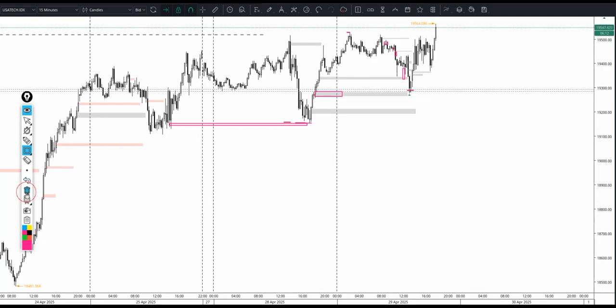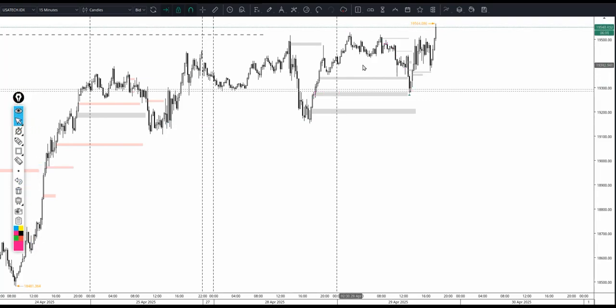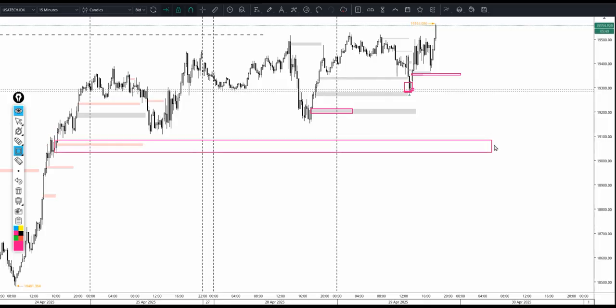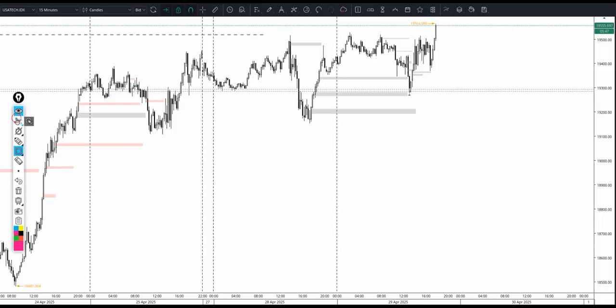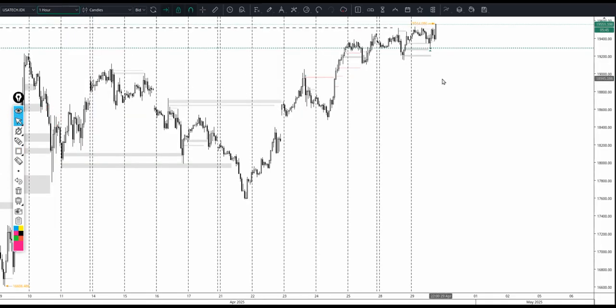So again, I'm still looking for this correction, but basically this move up to actually fail in here and try to come back into the other side of this base here, and then maybe into that. But then the way this base is dealt up, there's not much, so maybe go back into this, and from our yesterday's discussion, price goes back and tests that. Now the risk is that